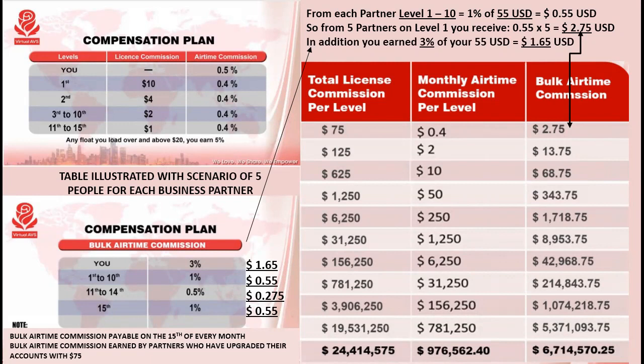Okay, so this is math that I personally sat down to do so that I can understand how this automated system works. Because once you understand the numbers, if you're a numbers person, then you get to see how much effort to put into the business so that you can actually reach your goal. And we have a 90-day game plan that's ongoing right now that's helping many other business partners to earn as much from it. So let's see, when you earn all this money,